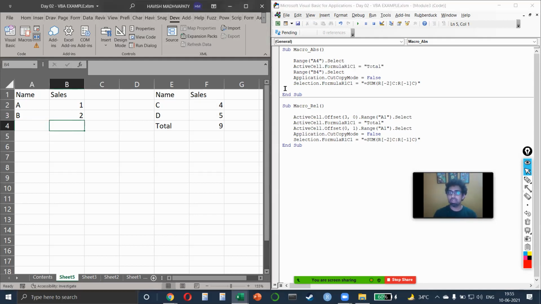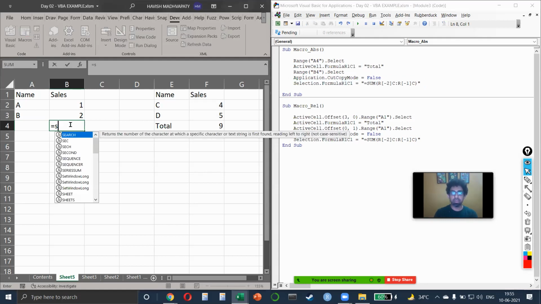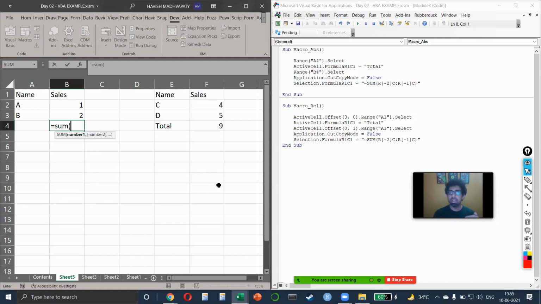Then I selected B4 and what did I write? I wrote sum of R minus 2C, R minus 1C. Let me explain this part. So when I'm writing sum, what is it selecting? It is selecting, if I can highlight it for you, 1 and 2 rows up, till 1 row up, but on the same column. That's why you notice it says that in the same column,